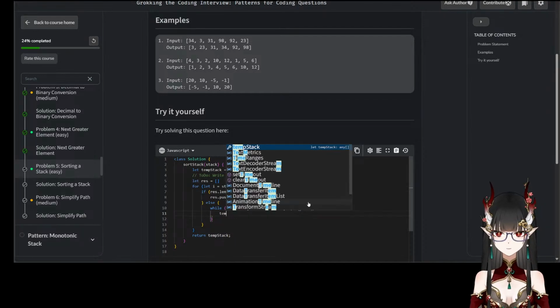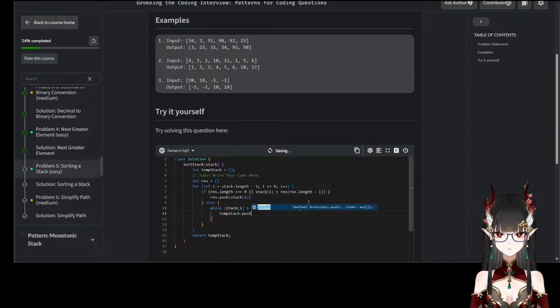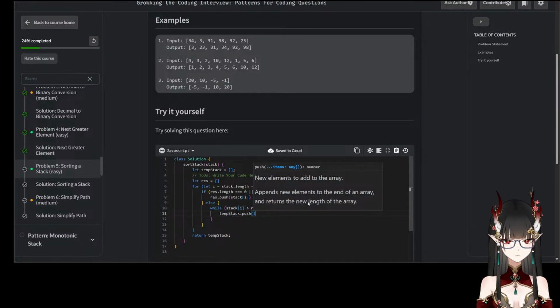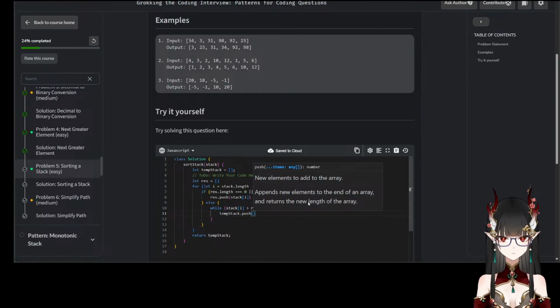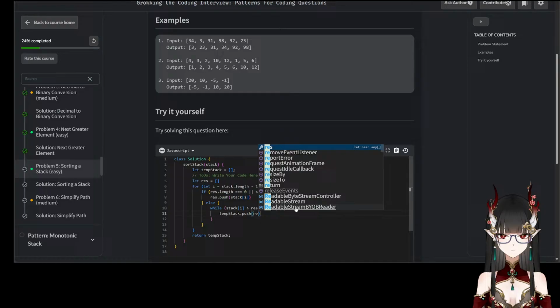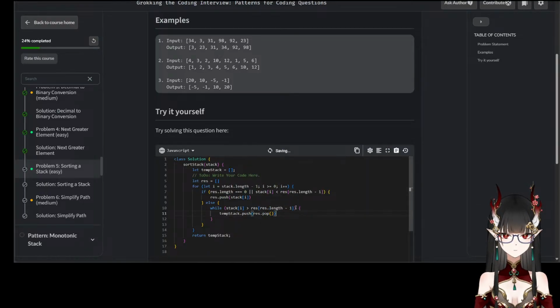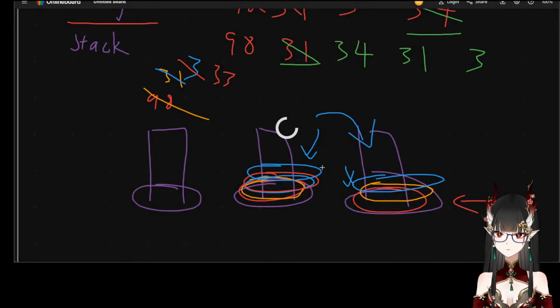So temp.stack.push result.pop. Right, so whenever we encounter something that's bigger,